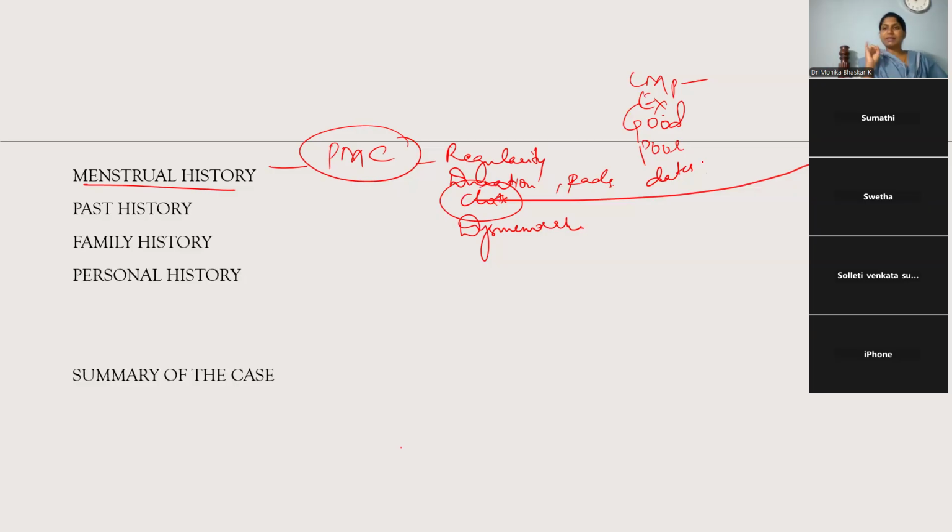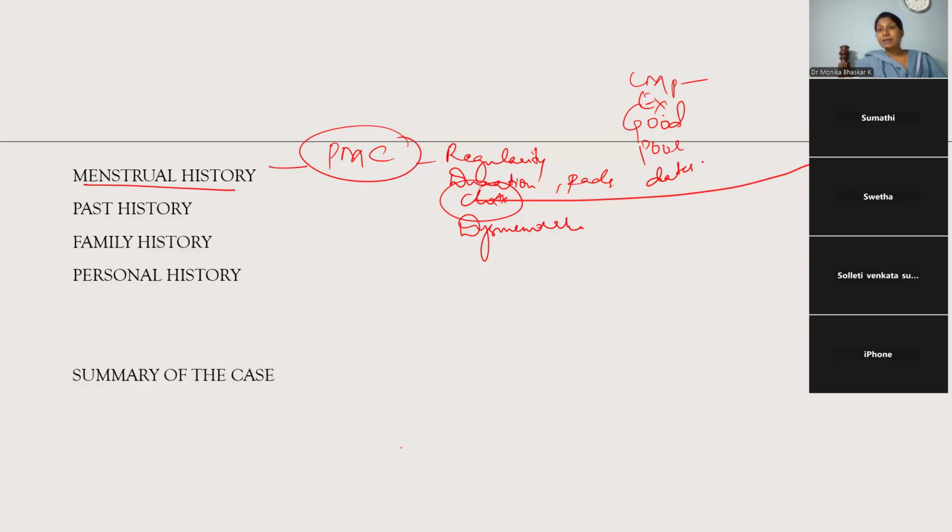Next, personal history: diet, appetite, sleep, bowel and bladder activities, and along with any health affecting habits. So, in diabetes and anemia cases, you have to take a detailed 24 hours recall method. You have to write the diet chart. We have to take the total calorie requirement, total protein requirement, and we have to see whether it is matching, and we have to see the calorie deficit and the protein deficit. Especially dietary history must be clearly mentioned in the diabetes and anemia